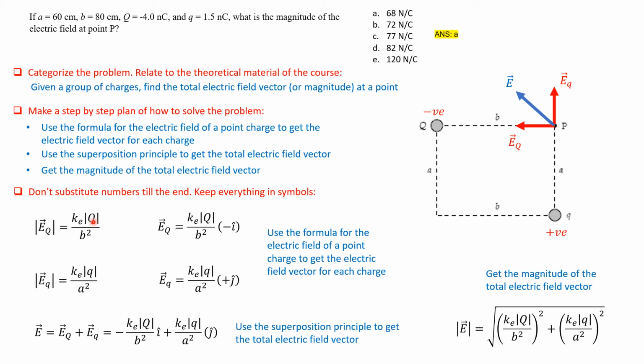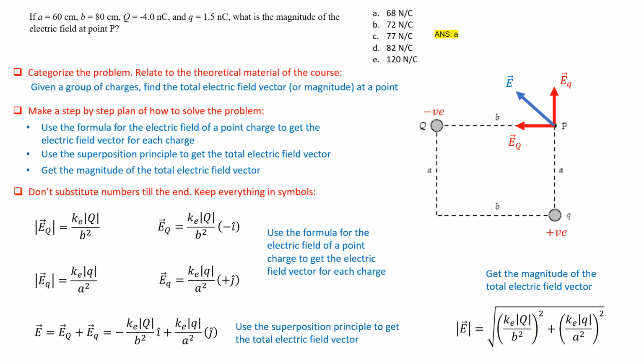maybe in this problem it won't be that big of a problem, but in many problems, if you substitute numbers from the beginning, you'll really get into difficulty trying to find the error. If you get an error in the problem, finding it will be very difficult. So what you do is you keep everything in symbols until the last step. We'll show in the next slide how to simplify this and when to use the calculator and when to